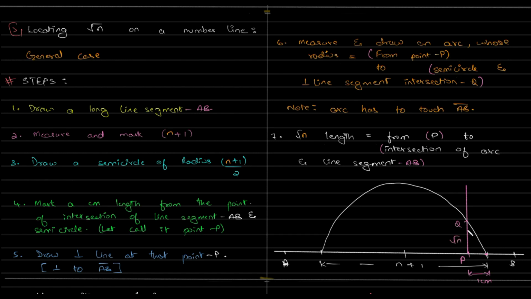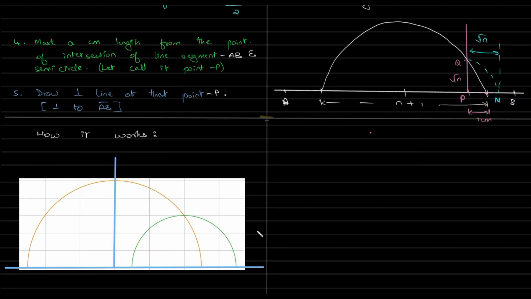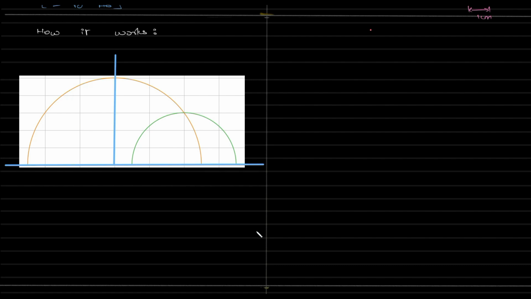So with this length, we can project it onto the number line, thus answering our question of locating the root of n value on a number line. So this particular length is root of n. Okay, so now how is it that we ended up with this answer? So first thing first,